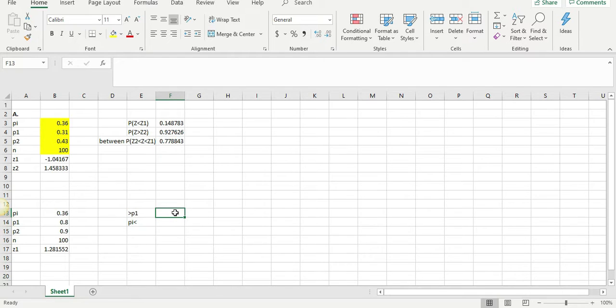Alright, you ready? Let's go. It's going to be equal to, we're going to do a minus Z1, so we want negative. When you do these, if you block it, it'll make it easier, I promise. So it's going to be Z1 times the square root